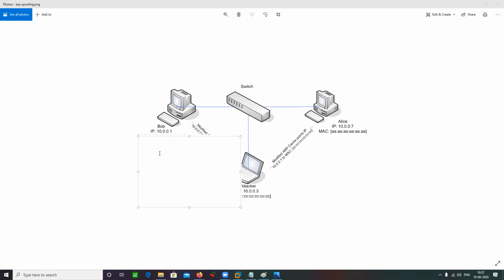In the ARP table, there is going to be an IP address and a MAC address, with entries like 10.0.0.7, that is Alice's IP address, and Alice's MAC address is AAA, something like that.